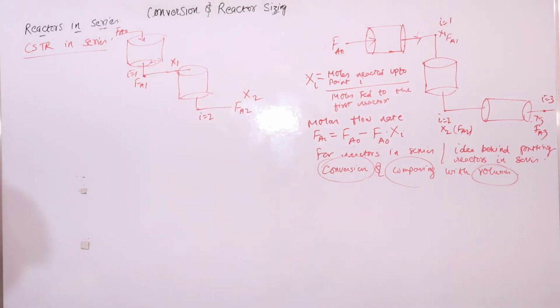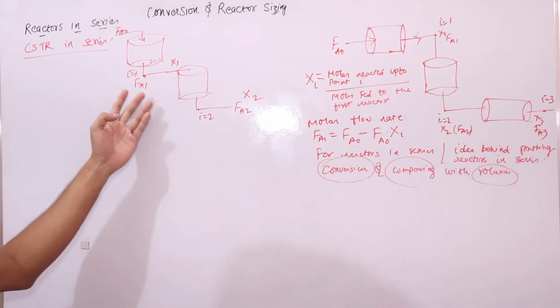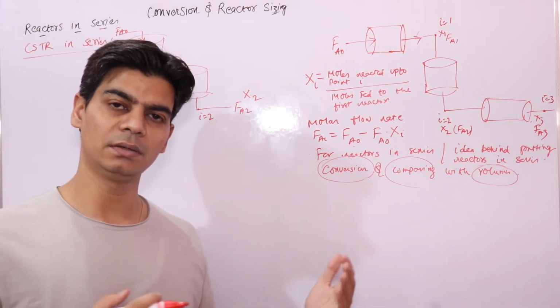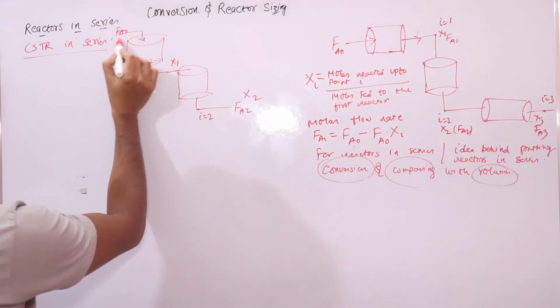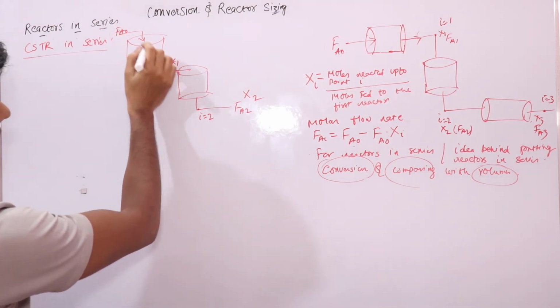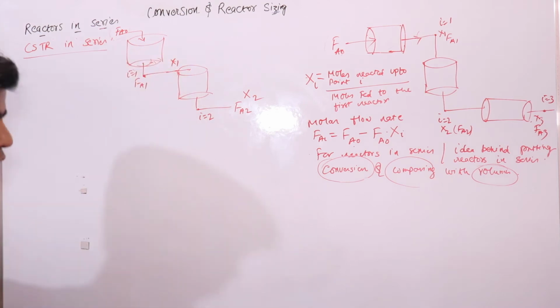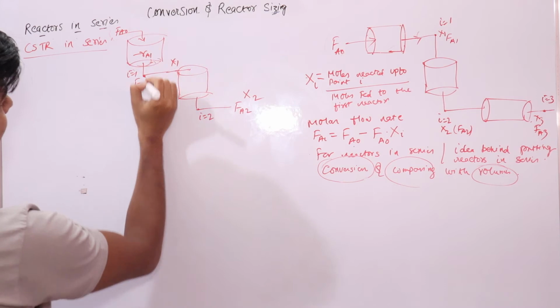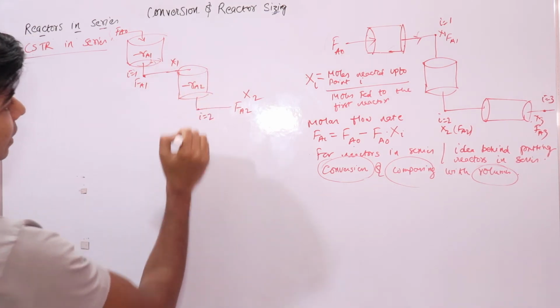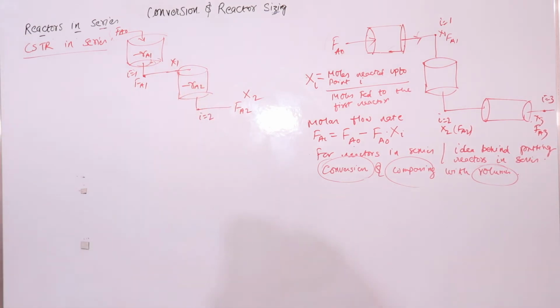So now we'll apply the mole balance equation. We have done the mole balance equation before, right, to the first reactor. Then we'll look at the second reactor, right. For the first reactor, the rate of disappearance, because when you feed the reactants in the first reactor, a chemical reaction will take place due to which the reactants will disappear, right. So RA1 would be the rate of disappearance, RA2 would be the rate of disappearance in the second reactor, right.